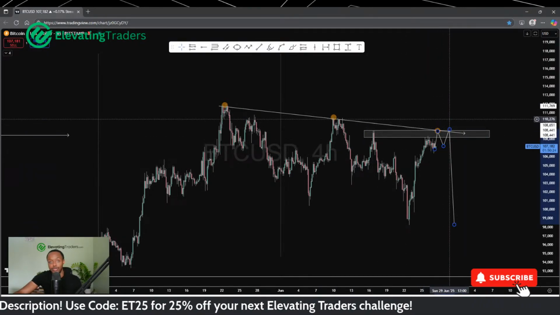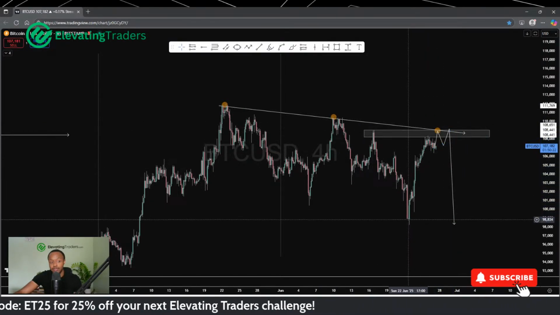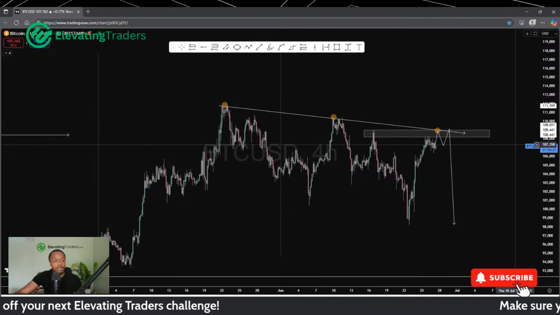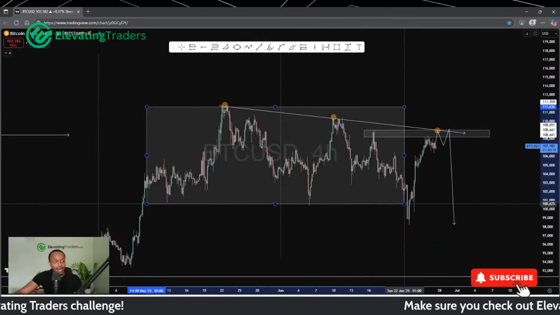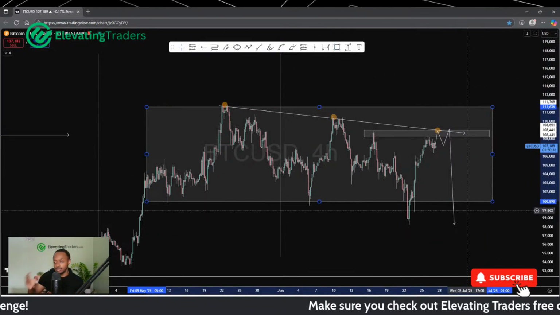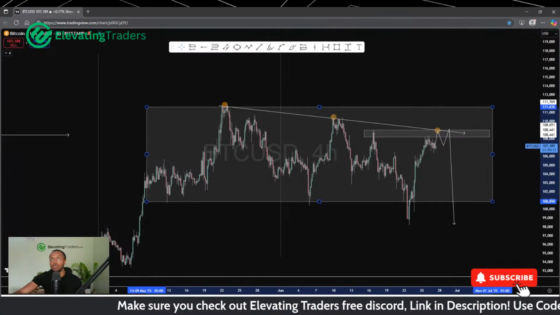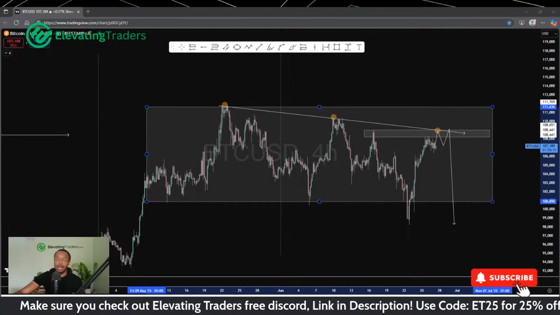If you can see some healthy rejection, yes, it could look like a good trade, riding it back to lows. But like I said, the range is kind of where we're at with the daily chart. And I would wait for us to have a bigger breakout before really putting the bias to one side there.